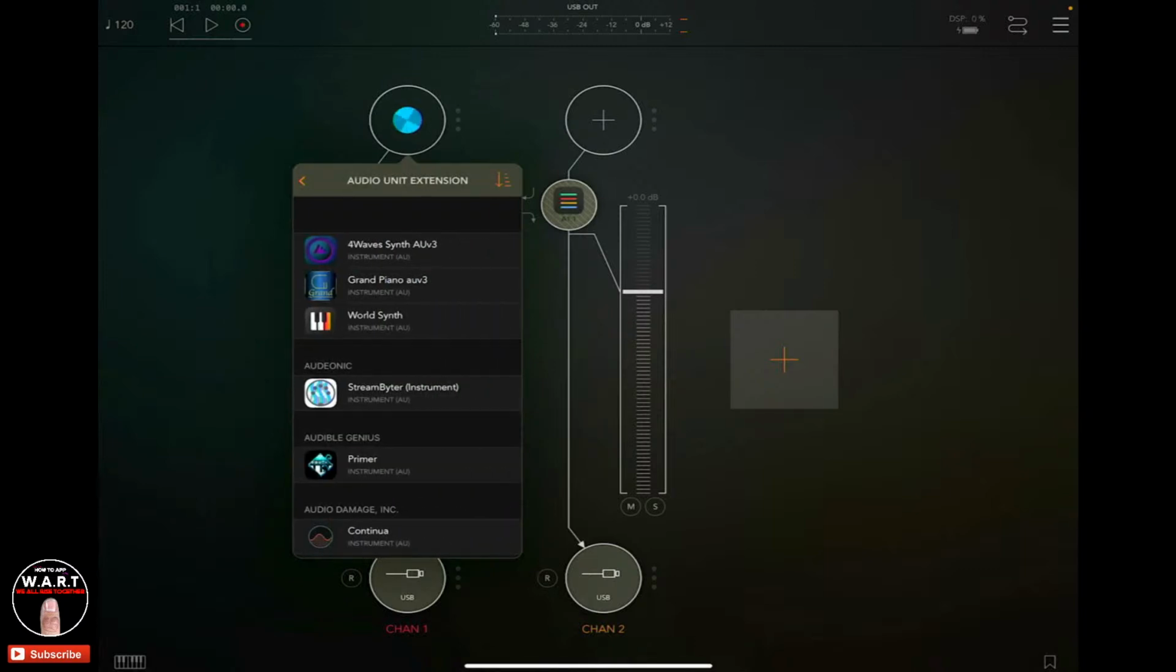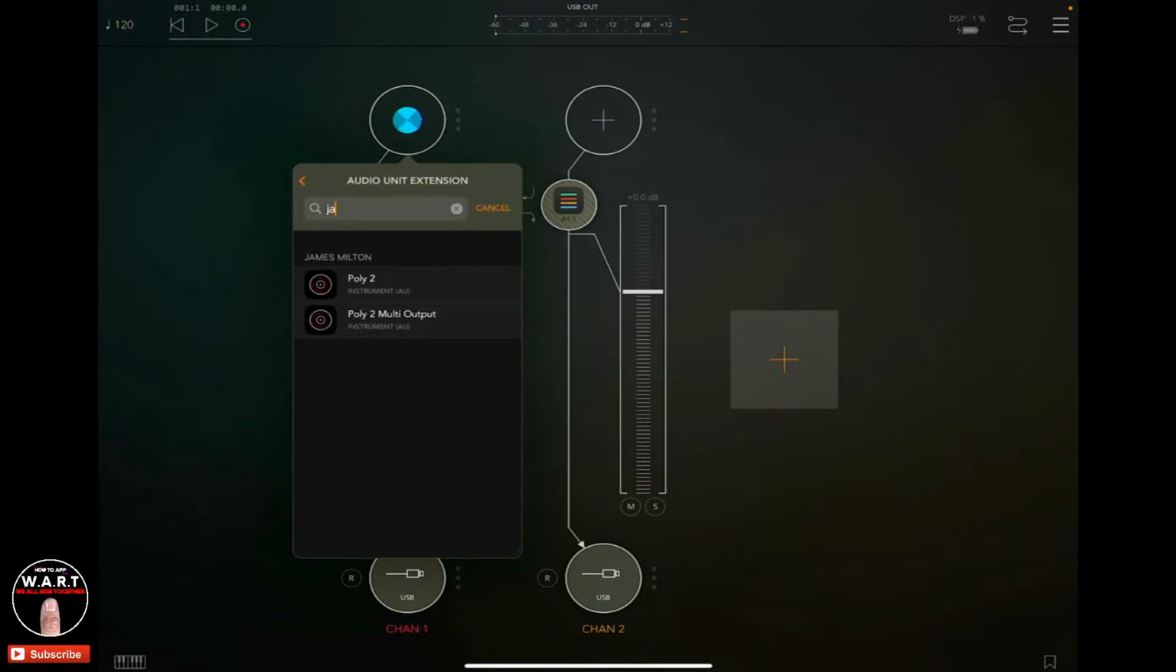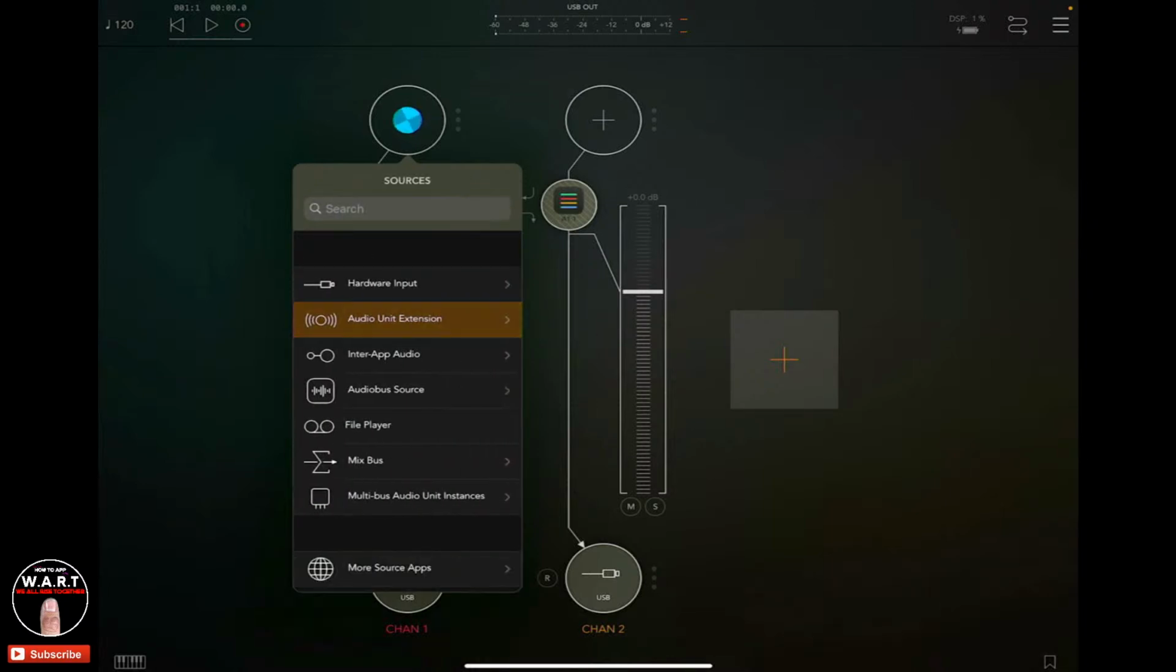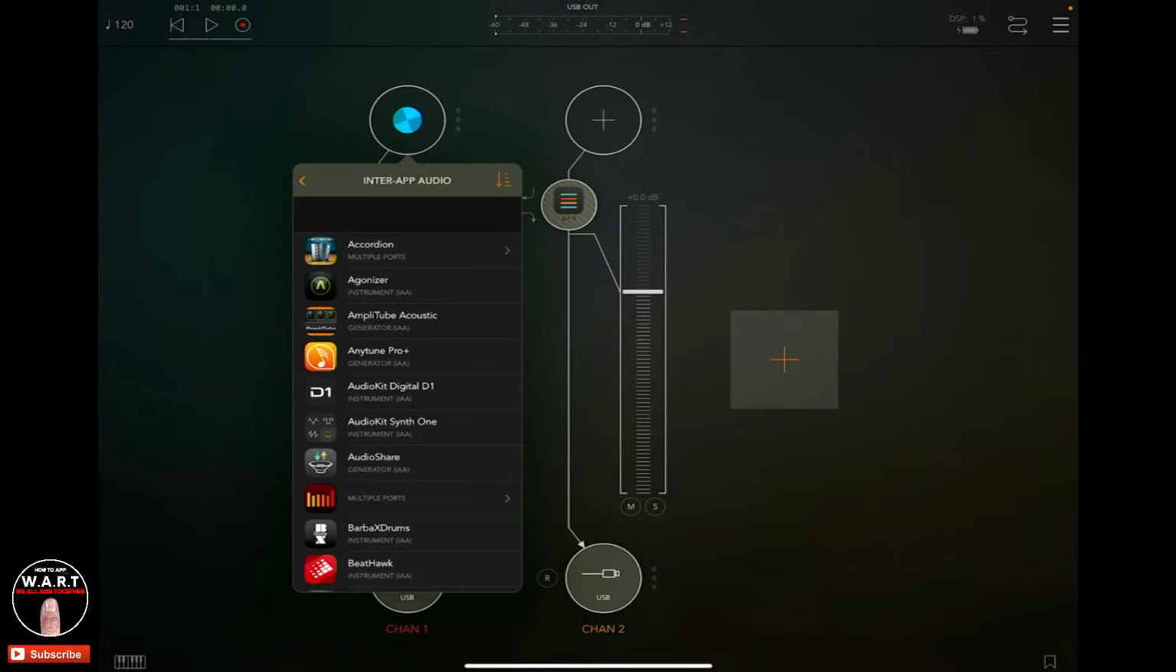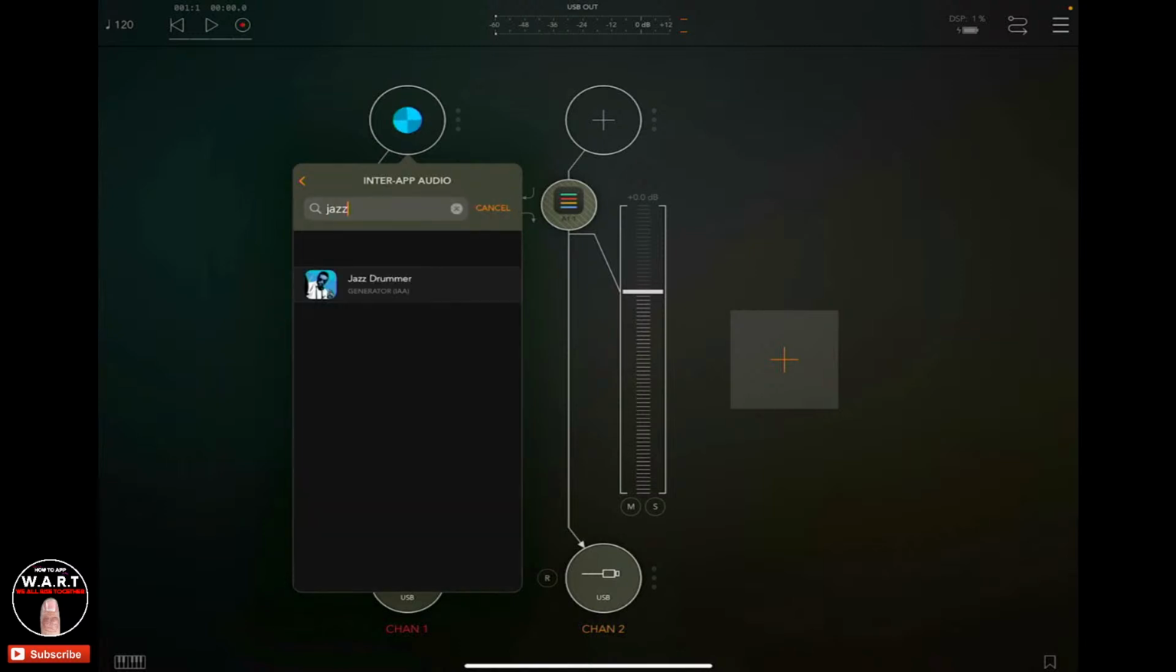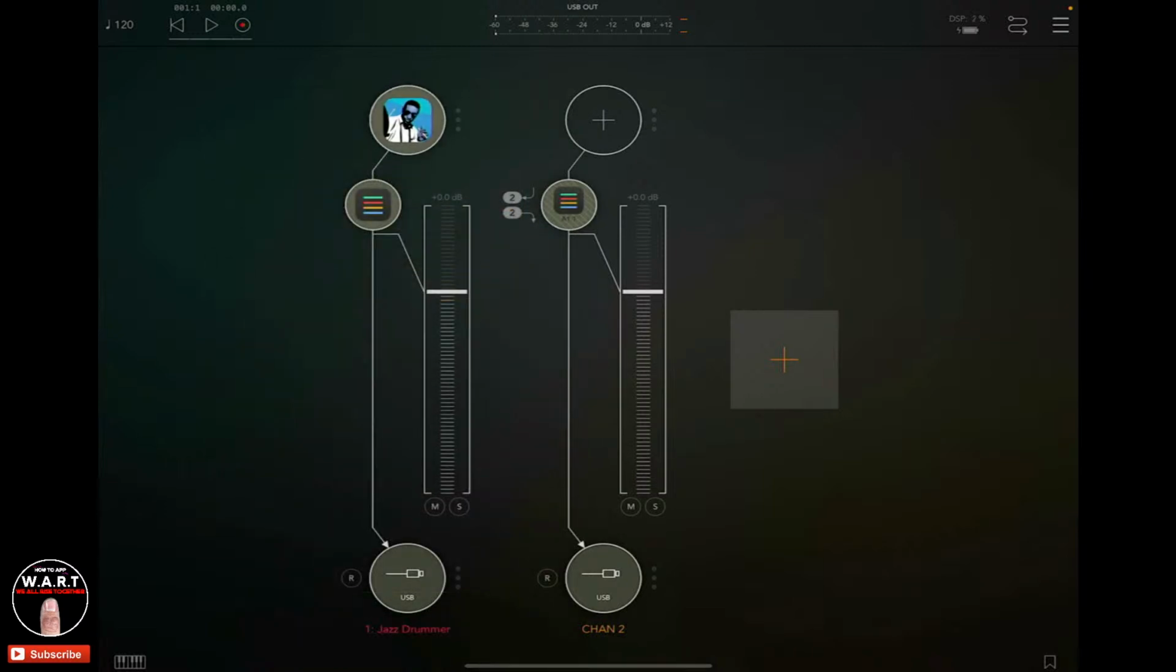Again, we'll just add some drums into this just for argument's sake. I don't know, we'll put in jazz drummer or something. Oh man, why do I do that? Always go instead of interrupt. Maybe it's just wishful thinking. So if we hit play,